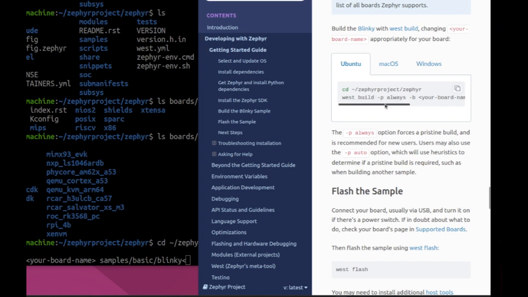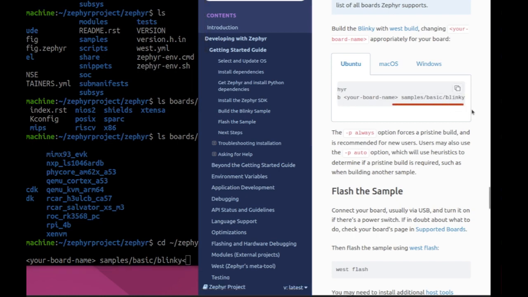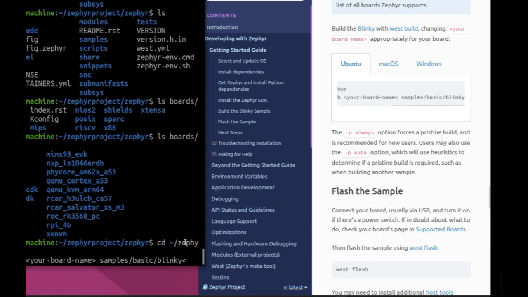run this command because it requires a board name. So I go back to the Zephyr folder, find the boards, and pick one of the boards, for example, this board. Blinky. Okay, so for Blinky, I will go back and replace the board name with the one I want to build. For example, let's